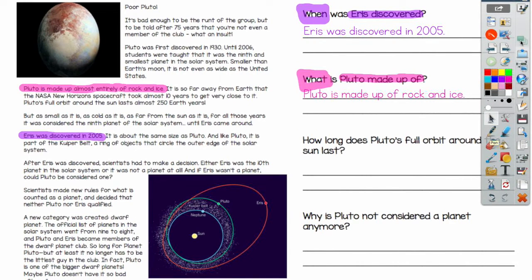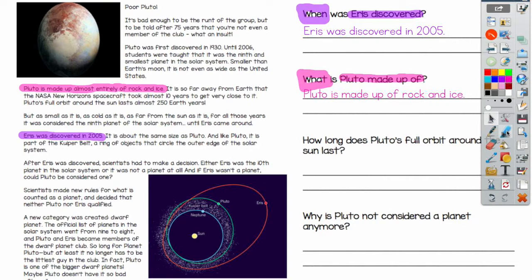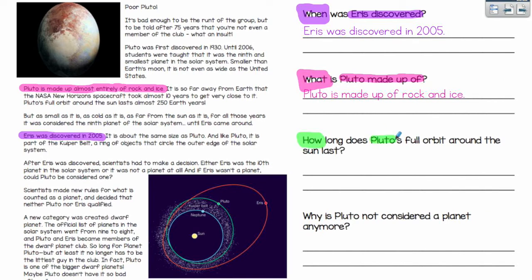Good work. Let's move on to our third question. Our third question is, how long does Pluto's full orbit around the sun last? Okay, so I'm going to be looking for a how question. Whenever I'm answering a how question, I need to be thinking of in what way or by what means. So this question is asking me about Pluto and its orbit around the sun and how long it lasts. So I'm going to look in the beginning section of my story because that's where they really talk about